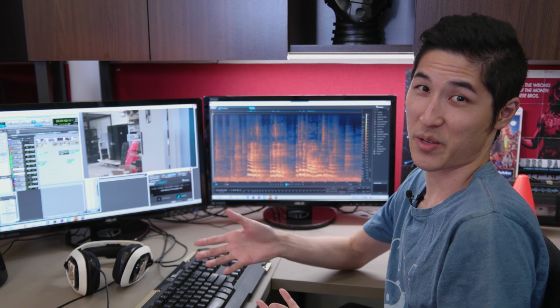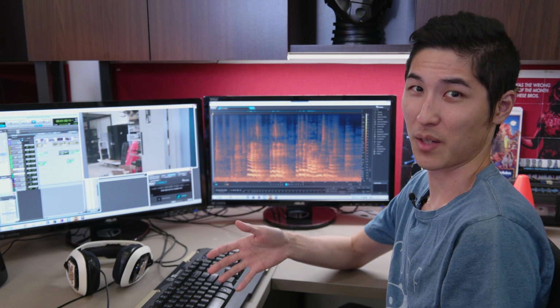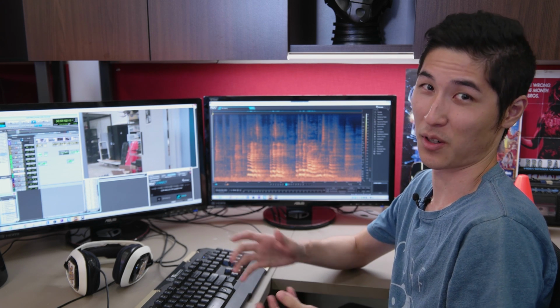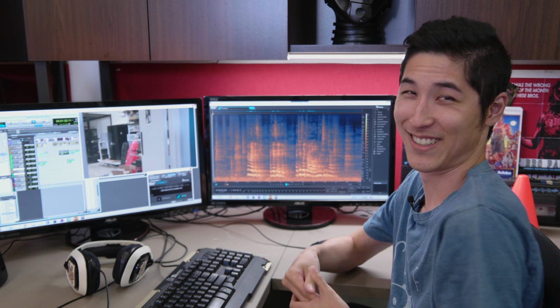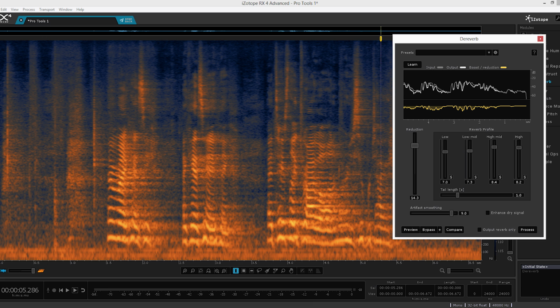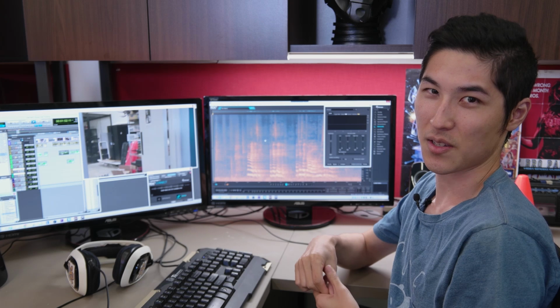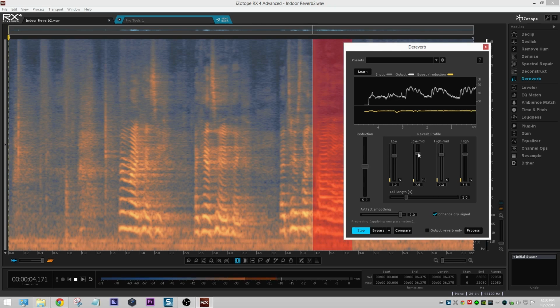A few years ago, this was basically considered impossible, but programs like RX now have deverb options, and they work okay. The way RX handles it is their deverb function has a bunch of different sliders, basically representing different pitch ranges. So the idea is you want to play the sound back and then start messing with the knobs until